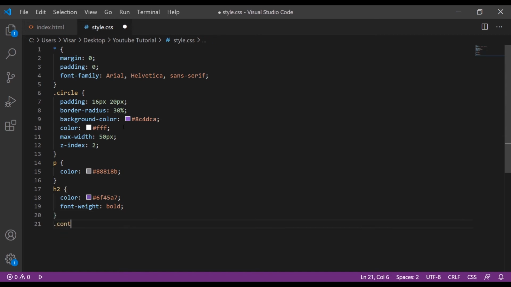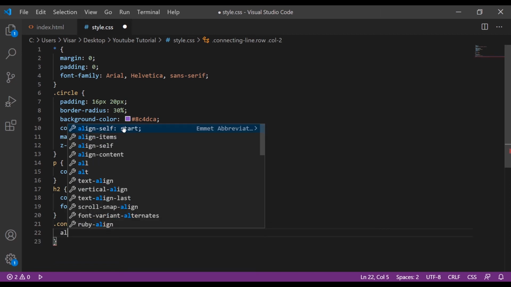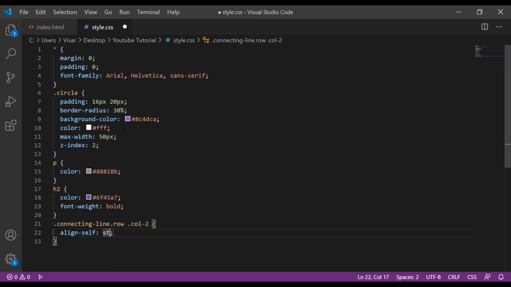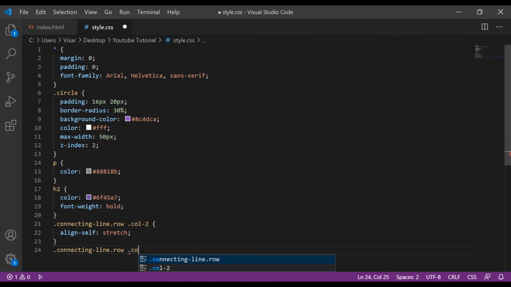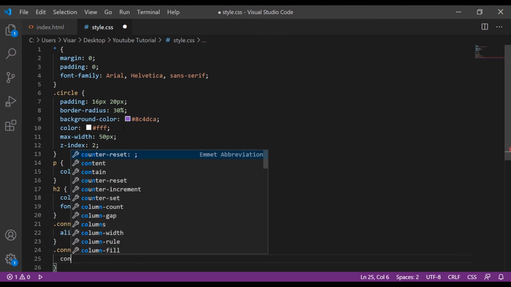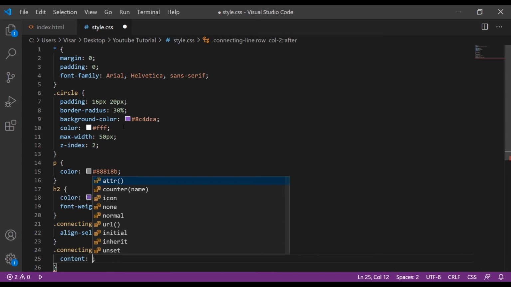Okay, so now let's style the connecting lines, then row, then col-2, align-self will be stretch, then connecting-lines row, col-2 after, content will be empty,